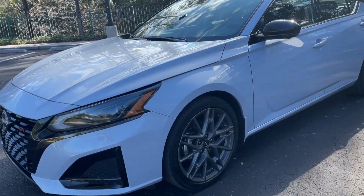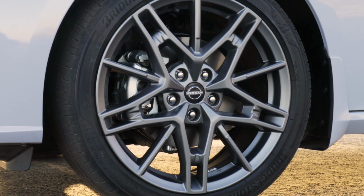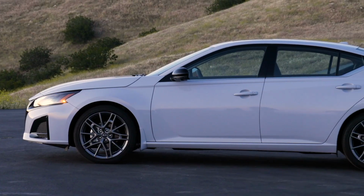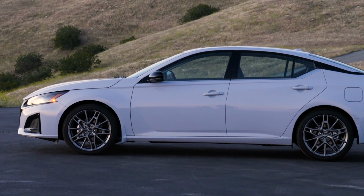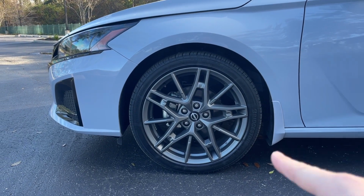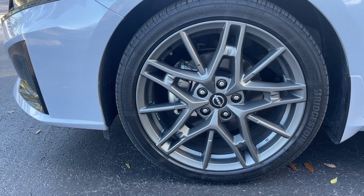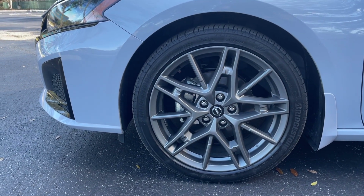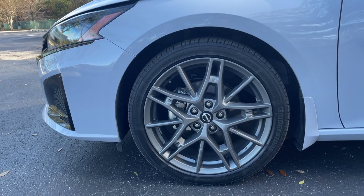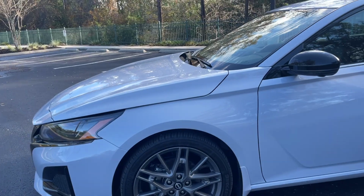We also have some new wheels on the facelifted Altima. There are new 17 and 19-inch options, including these that come standard on the SR VC Turbo. You can get them on the non-turbo Altimas as well for $1,100. I think they look fantastic. They have kind of this dark gray satiny finish, and they kind of look like a ninja throwing star. Just a really fantastic wheel option that adds a ton of curb appeal to the Altima,